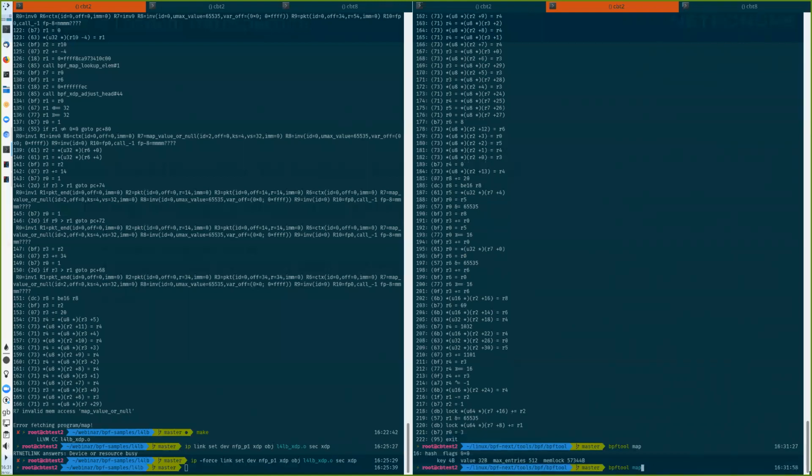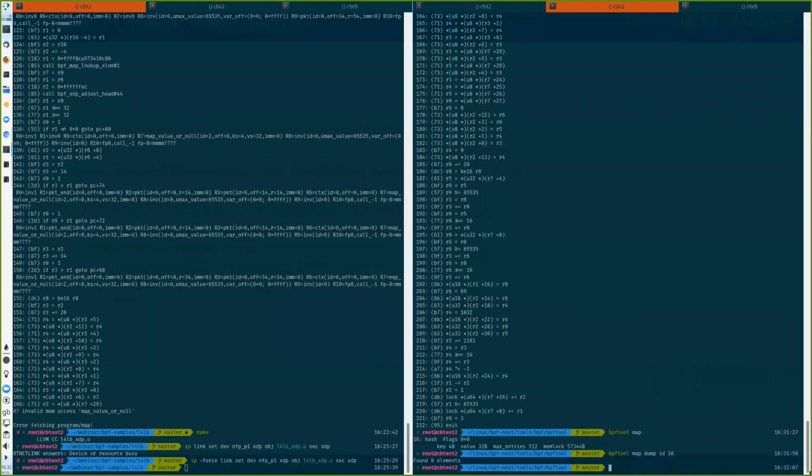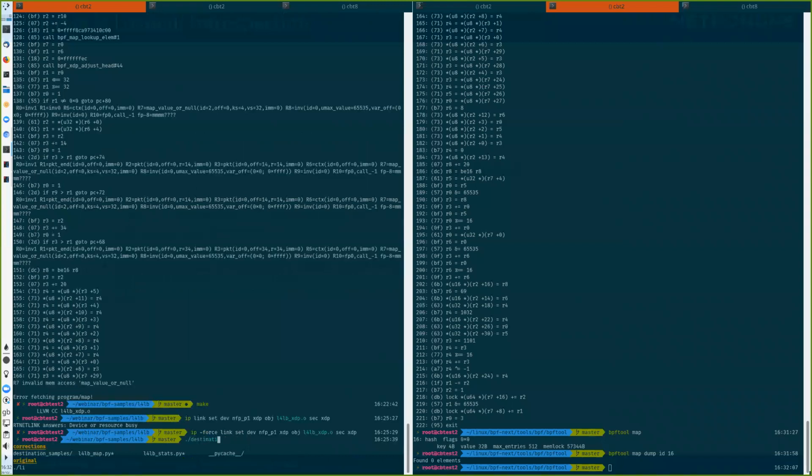So there is one map which I can dump also. That would be ID 16. That's the value I got here. And currently the map is empty. It so happens that I have a script in this repository coming with